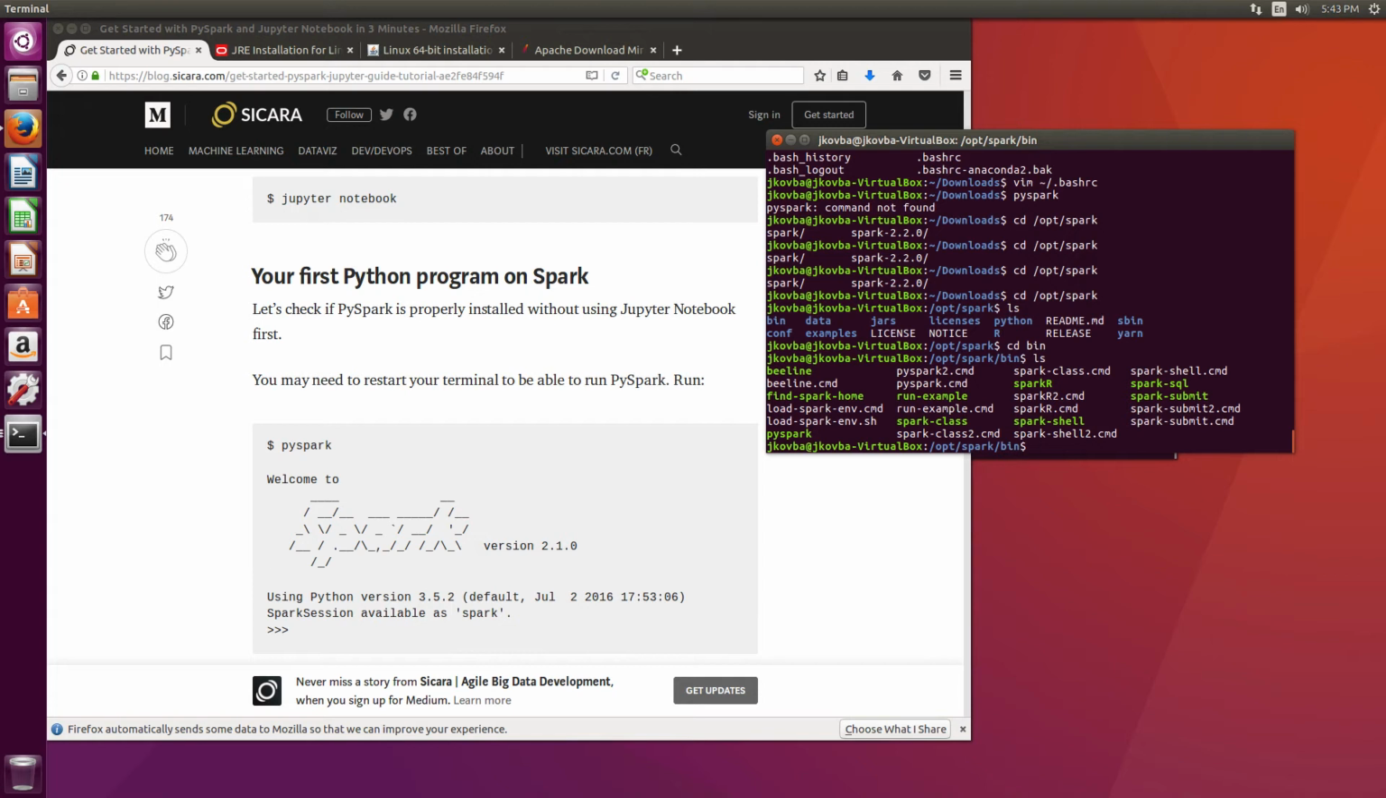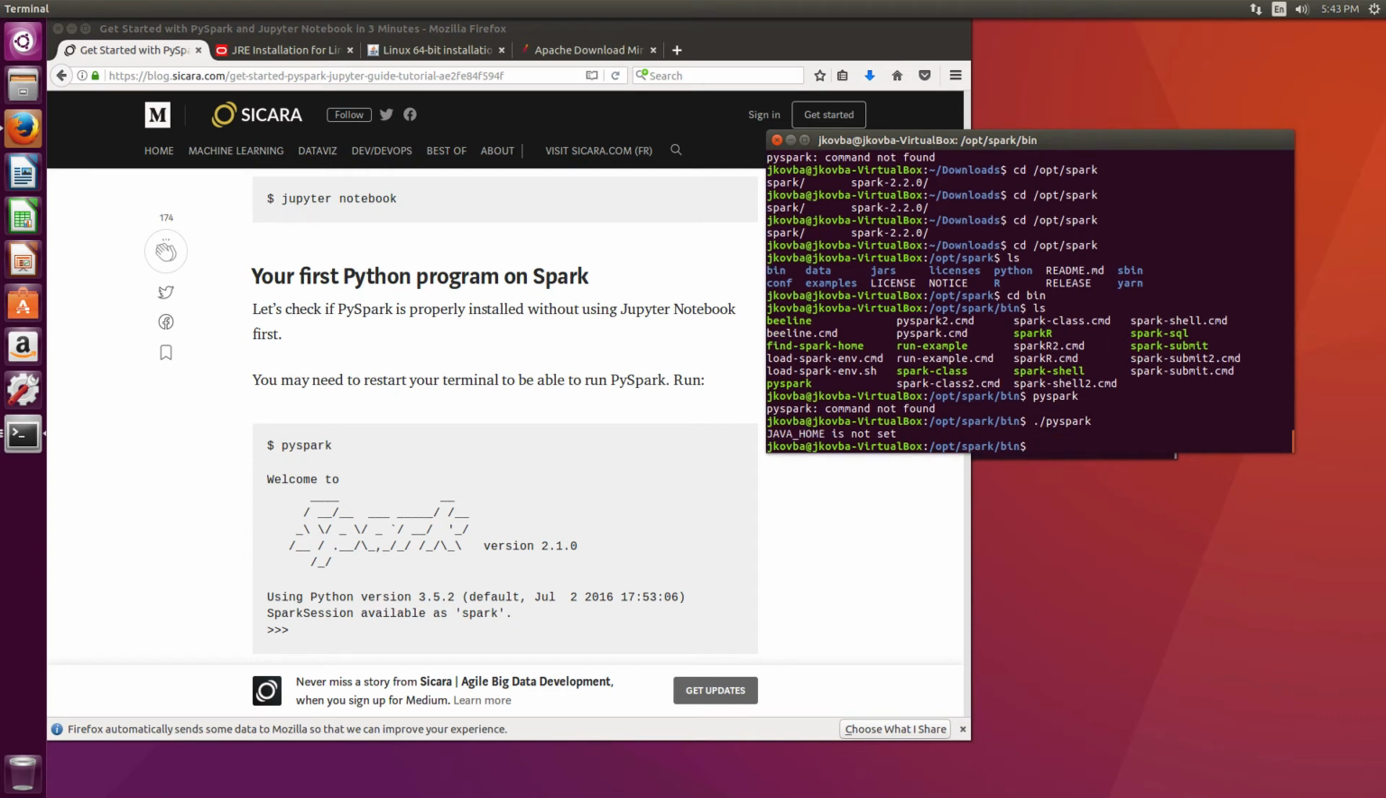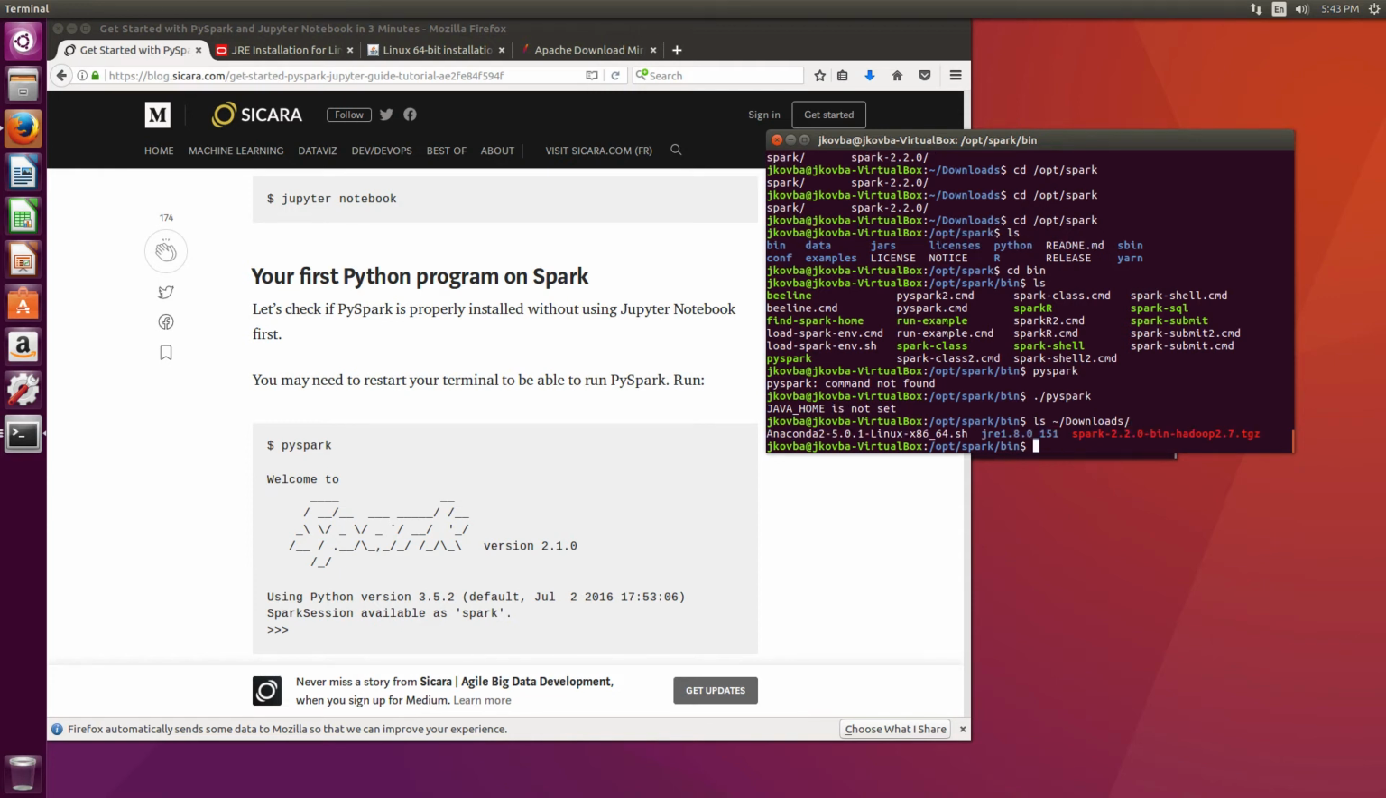So if we look in here, we see a number of different things. Okay, so there's PySpark there. So now let's try running ./PySpark. Okay, oh, so it's complaining that Java home isn't set yet. So remember that we installed Java in our home directory under downloads. So we're going to go ahead and say